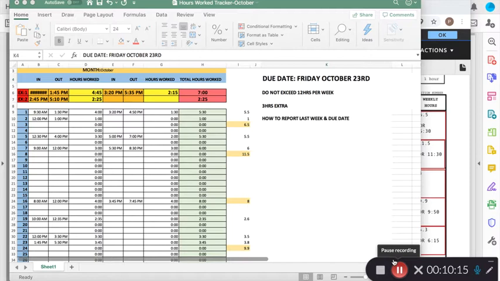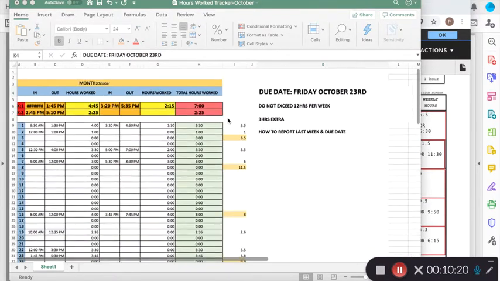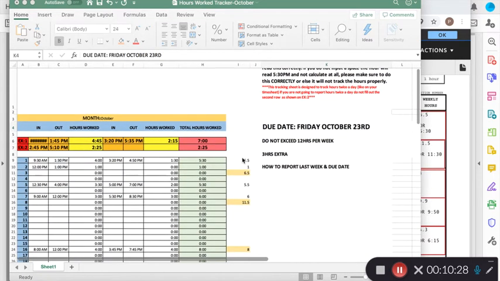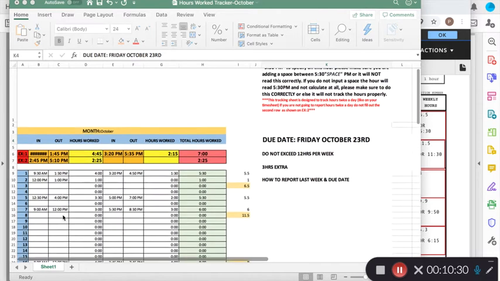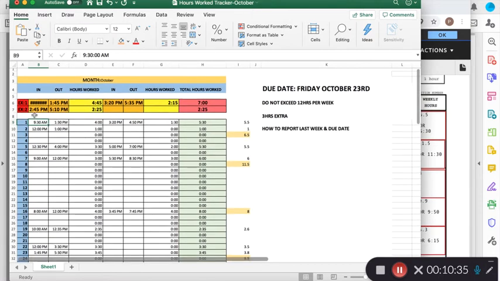Alrighty, so I am gonna go over the timesheet tracker real quick. I'm going to explain how the tracker works so everyone is aware. So with the tracker, you have to make sure to follow the instructions. One of the main ones is how to properly input the hours. So real quick, I am going to show these hours again, just so you're aware of how to properly input them. If you don't input the proper values, then what would happen is that the timesheet actually will not